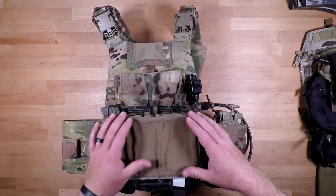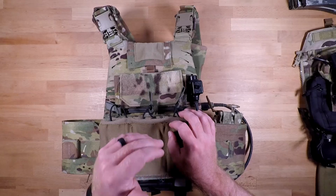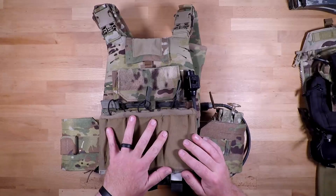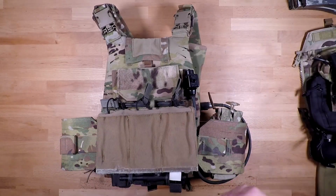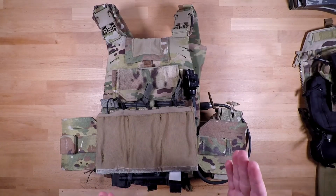So with that, we do have the Tac Tailor Fight Light triple mag carrier on the front of the plate carrier, back behind everything that you see here with the Blue Force Gear triple mag panel. We do recommend that you go with something other than the Army issued mag carrier, just for the simple fact that when you look at the back of those mag carriers, the triple mag panels, the MOLLE is offset a little bit to the left or to the right, or it can be kind of centered,